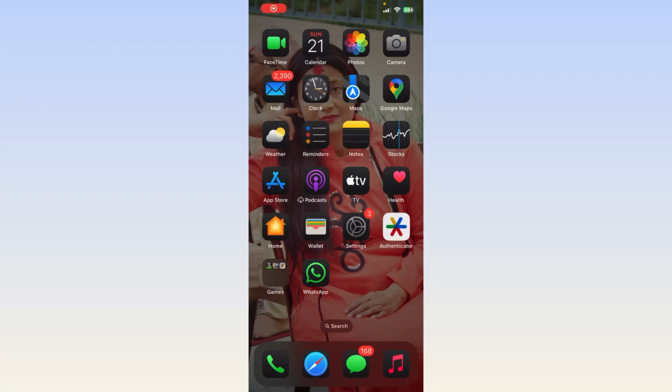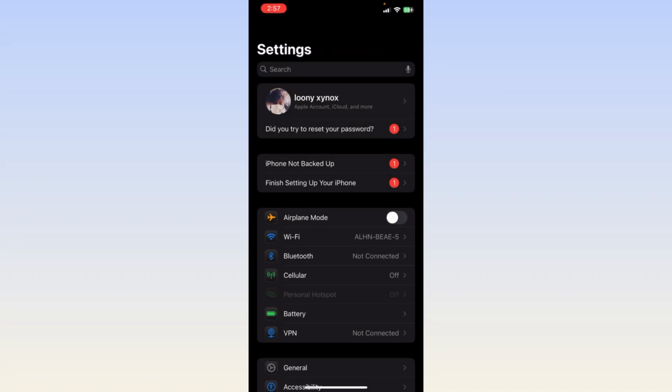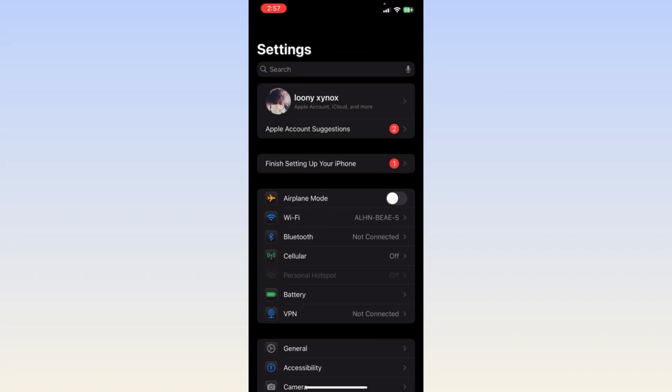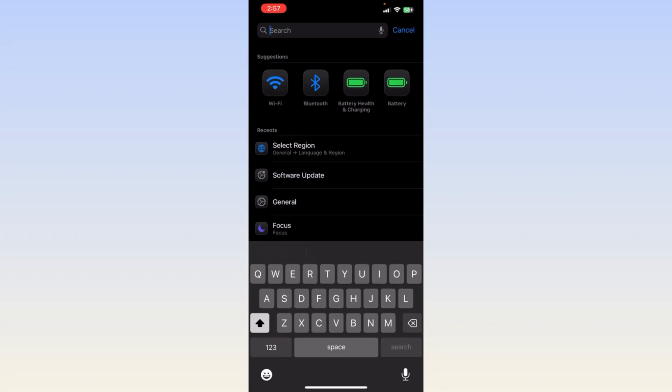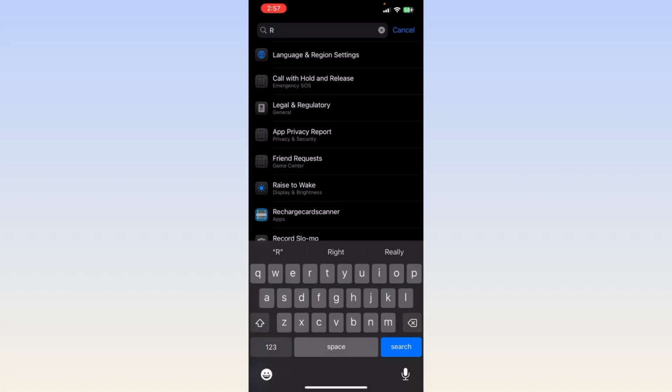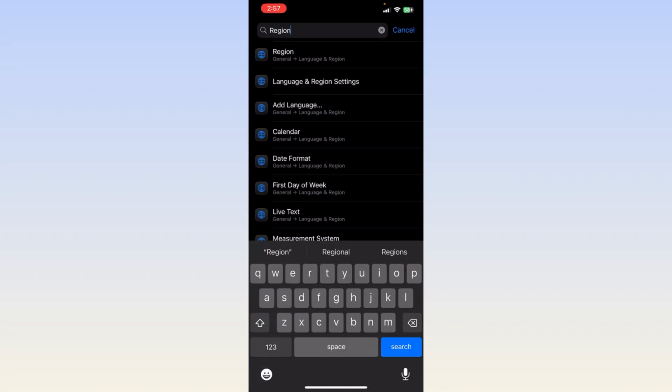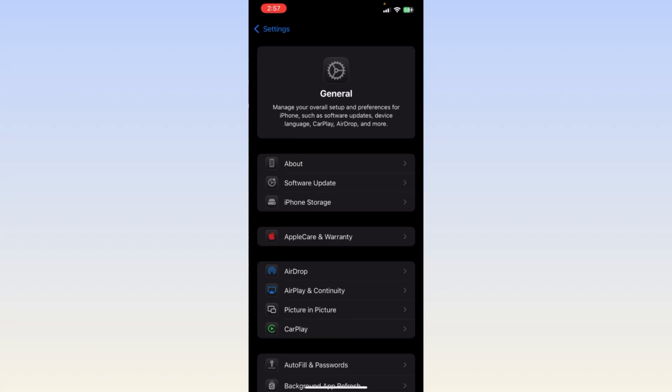How to add time zone on MT5. So first things first, let's open the settings, and now you can see there is a search bar at the very top, so you need to search for the region. Now you can see there is a region at the very top, so once you tap on it, you need to